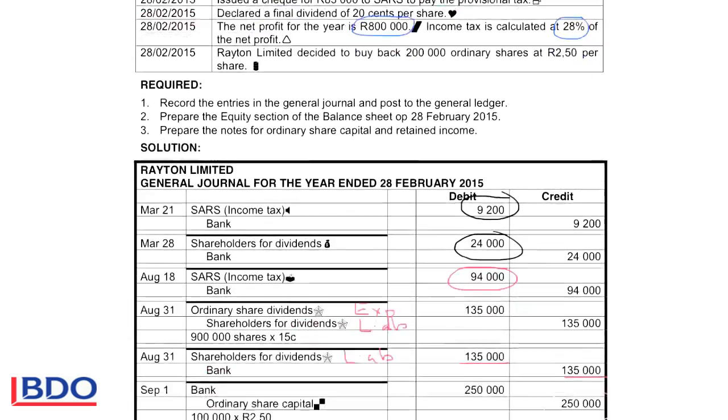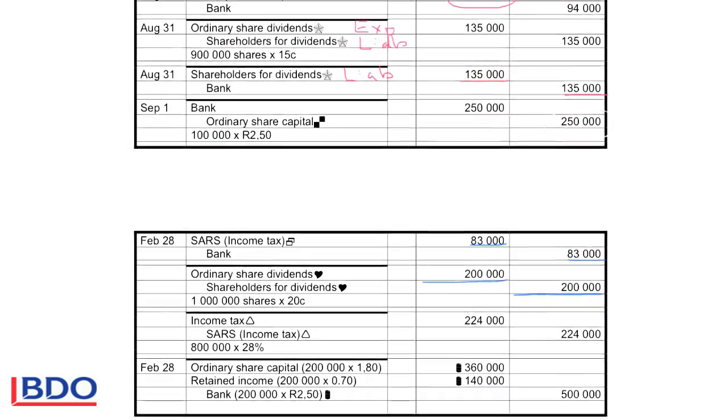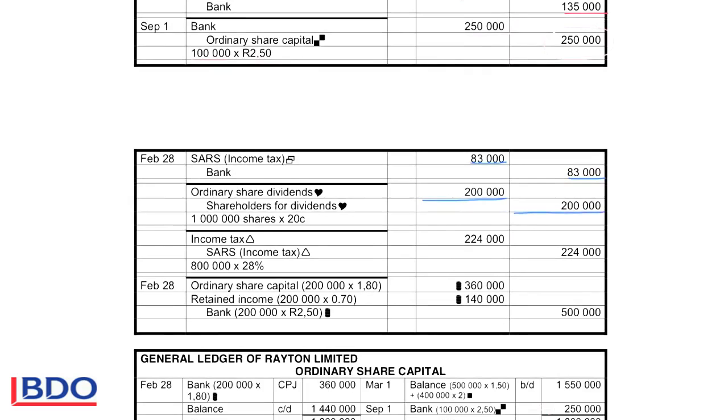So for the first time, you can calculate the income tax for the year, and you will take the 800,000 and multiply it with 28%. So the expense for the year is 224,000. Who do you owe the money to? Your liability is